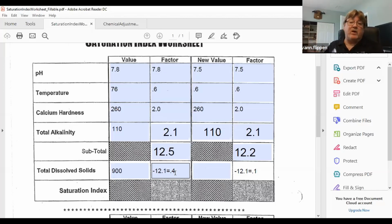We want to blame the Marcite guy. He didn't use enough aggregate. He didn't do something right. No, it's because we didn't maintain the calcium in the water. So at this point, we adjusted our calcium, and it took 5 drops of that reagent to go from 7.8 to 7.5. So now I'm going to go back,